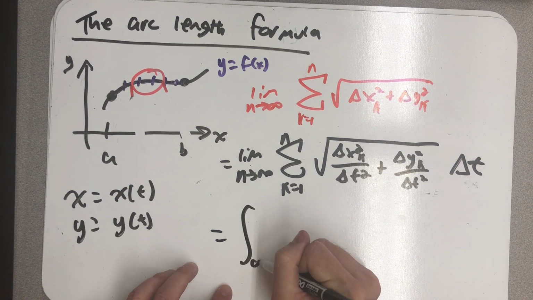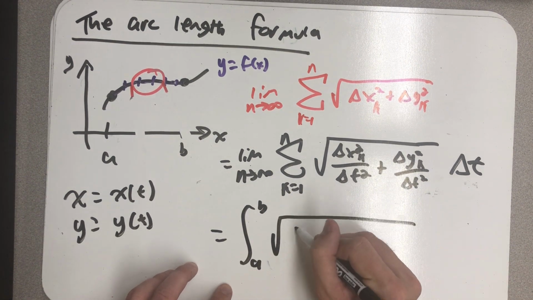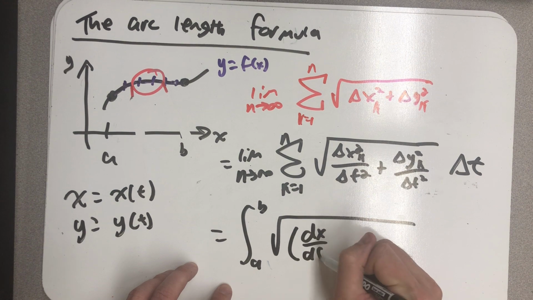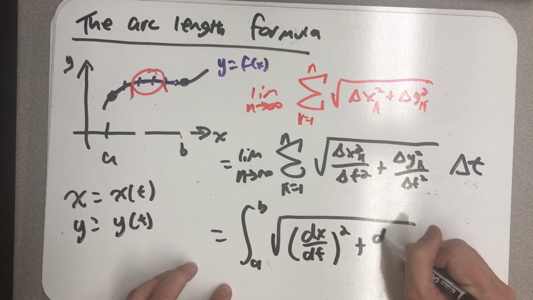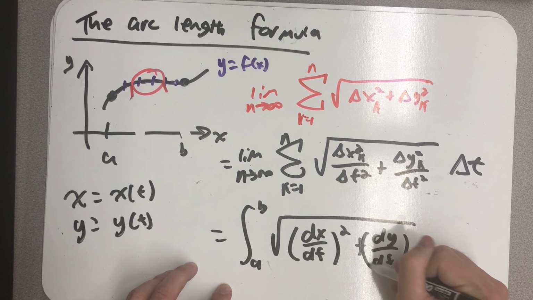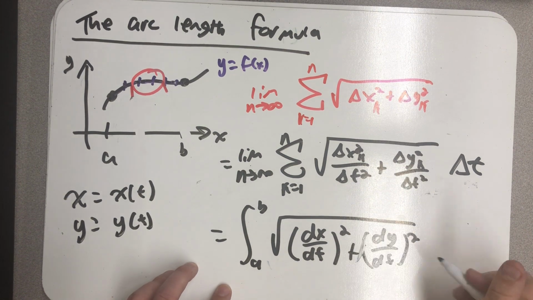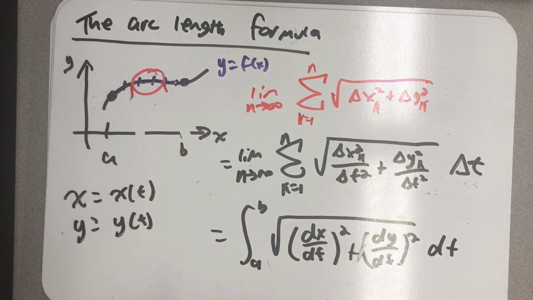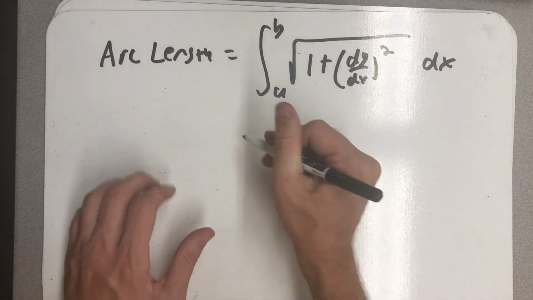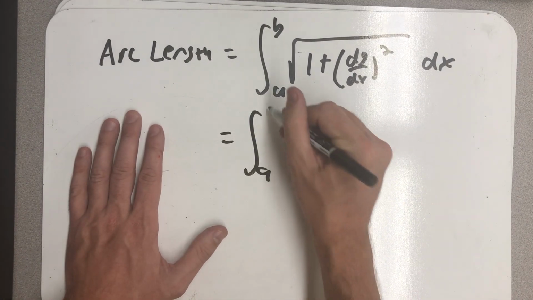So this becomes this definite integral. And then this was a parametric arc length formula. So for a parametric curve,